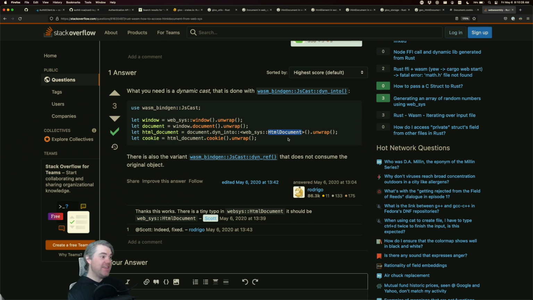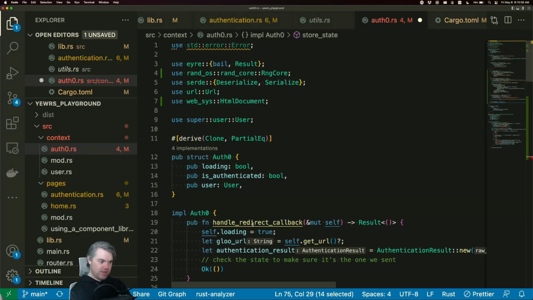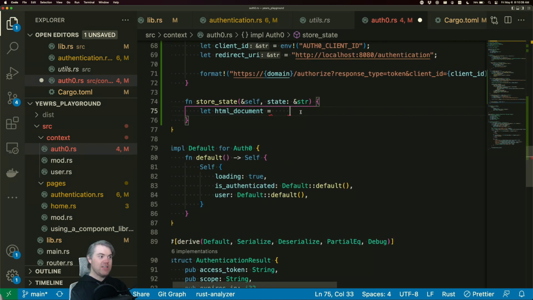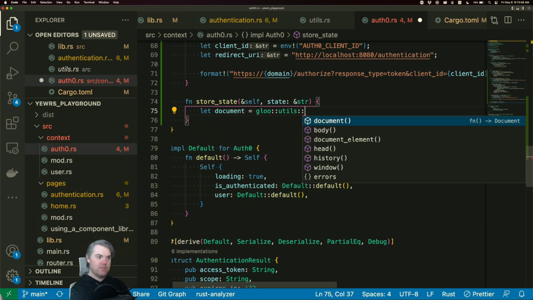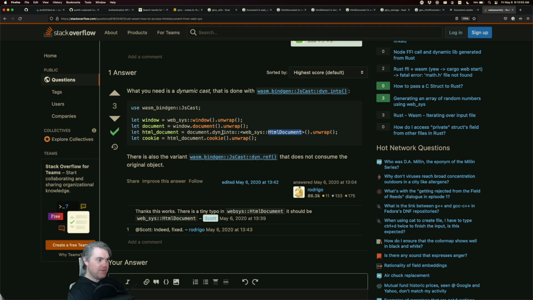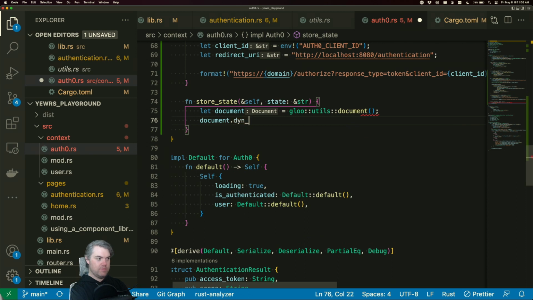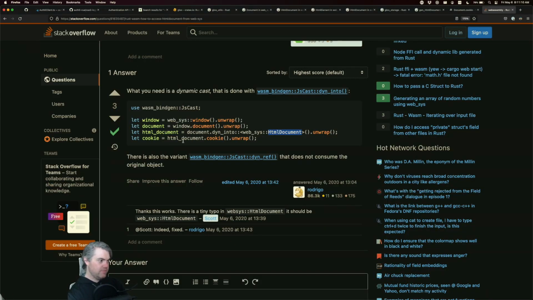Fun. Okay, so we need to get the document first, which we can do through glue. Where is that? We're right here. Where's my code? So we're going to get the document. So utils document. Okay, so we get our document. Then we're going to take that document and dyn_into, which, are you a trait that I need to pull in? I need a Wasm